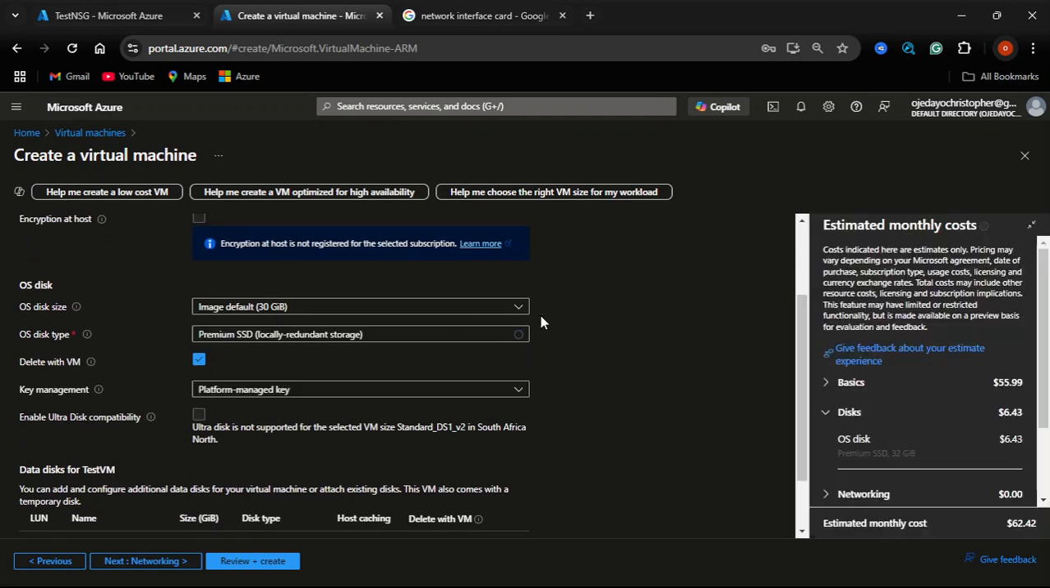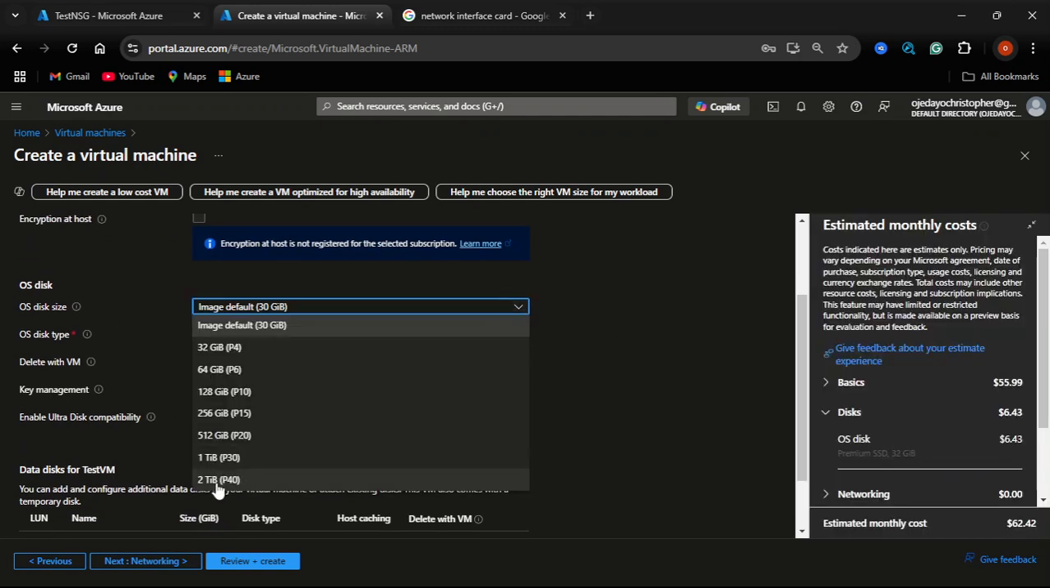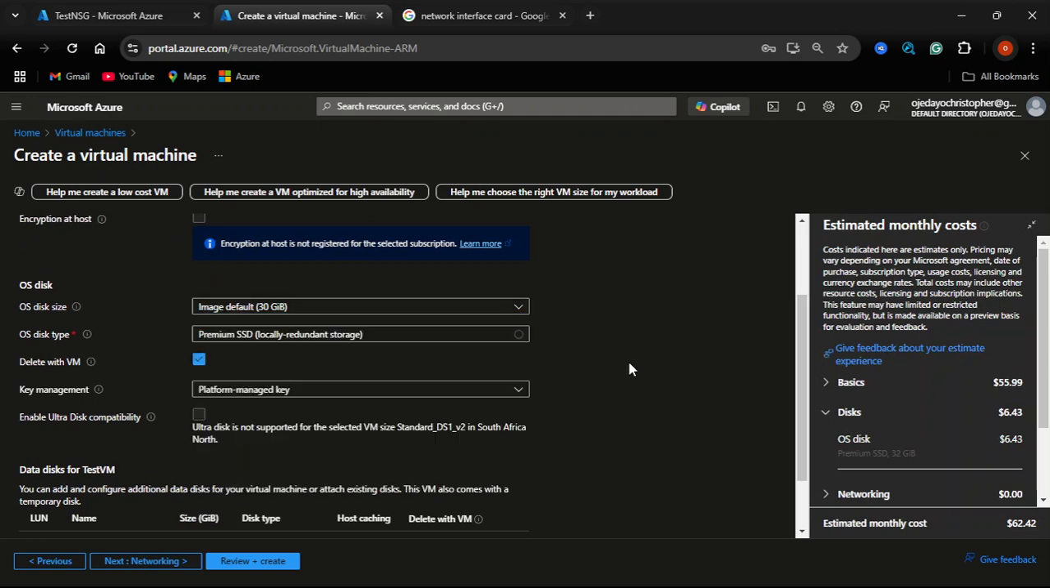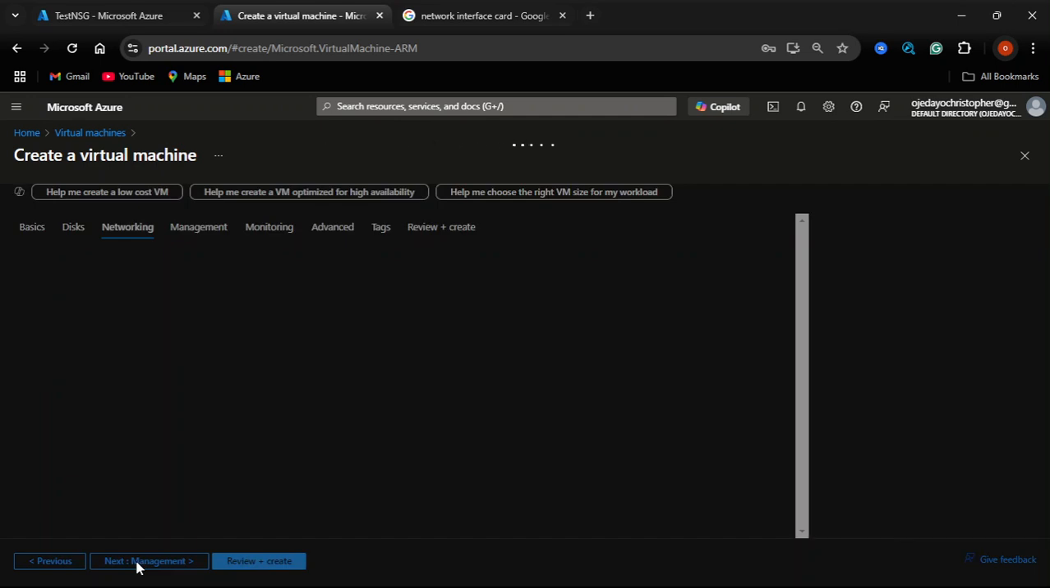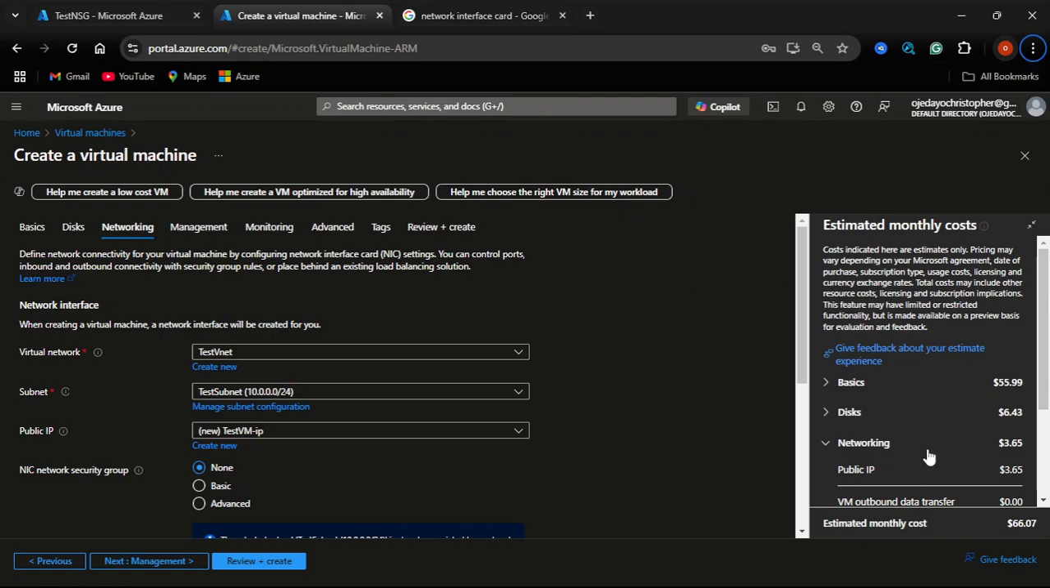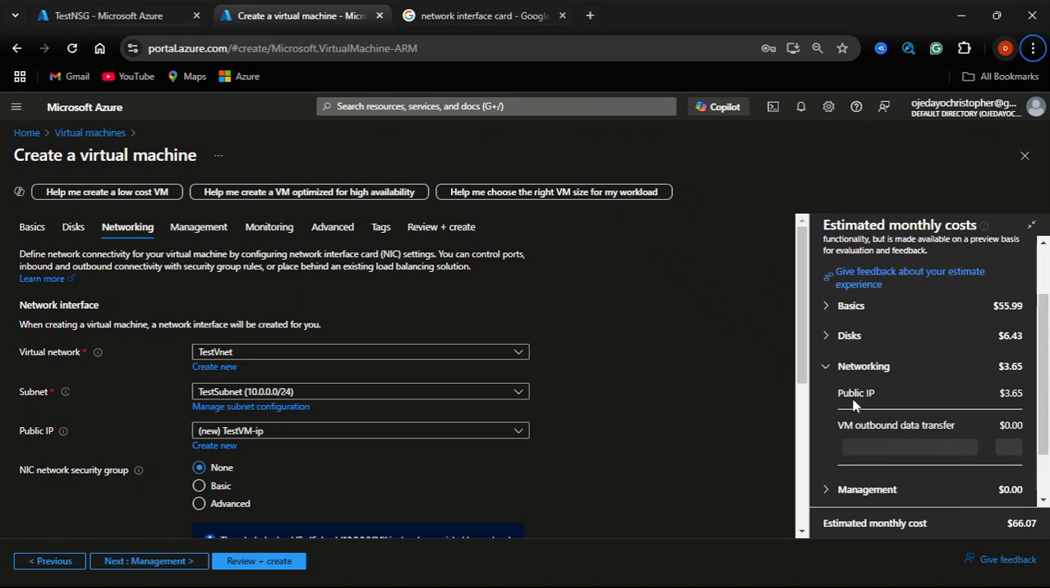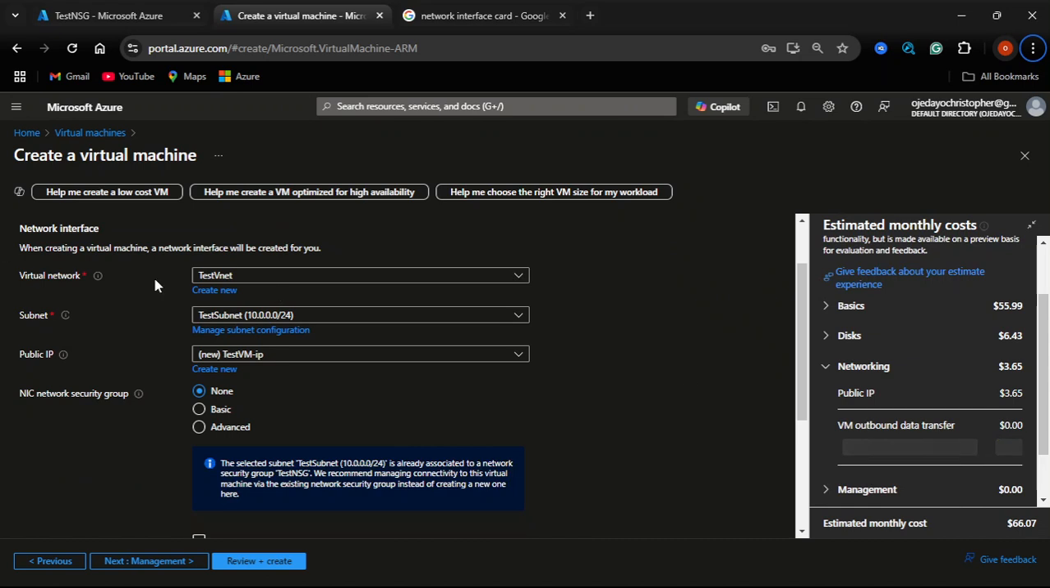Let's just leave this as default. You can select whatever you want. See, you can go as high as 2 terabytes. So then click on next. Now if you look to my right, you see estimated monthly cost. So it's just telling you, see, disk, this is how much it will be costing you. Your public IP, this is how much it will be costing you. So now, okay, virtual network, test VNet, subnet, test subnet, public IP,